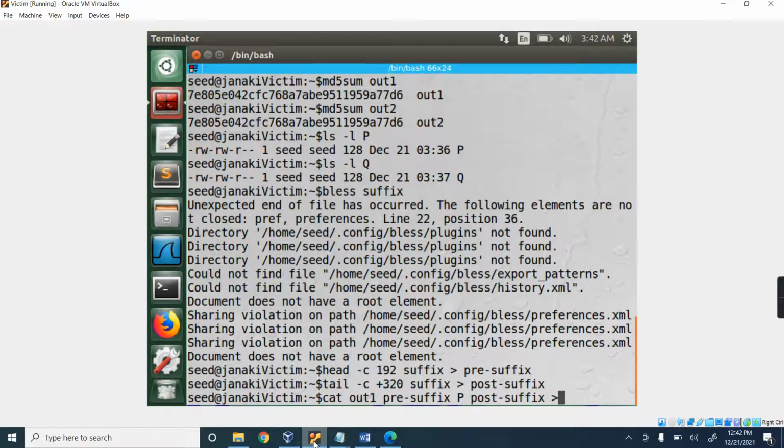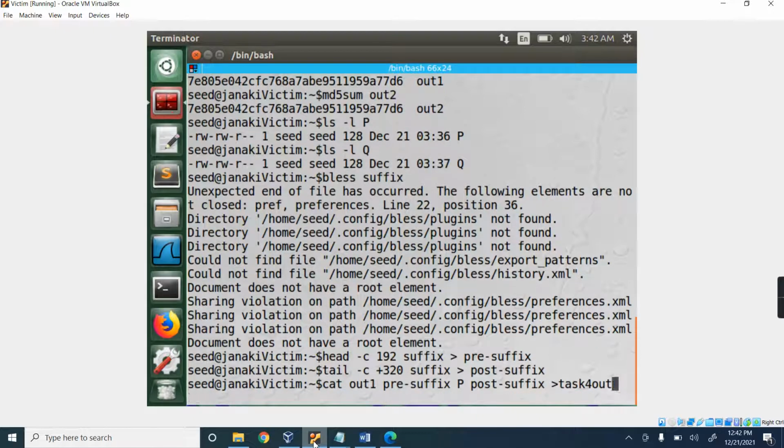All this I am going to write into task 4 benign. Out1, pre-suffix, P, post-suffix. Totally 4 files I have concatenated into task 4 benign.